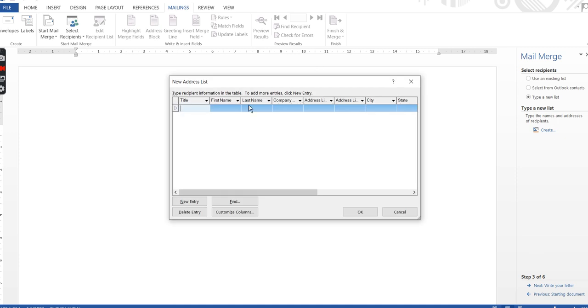Now I just want to create a data source having rows and columns with information of friends or relatives, employees, whatever you have. Now you create. Now you will write Mr. Ram. Address.